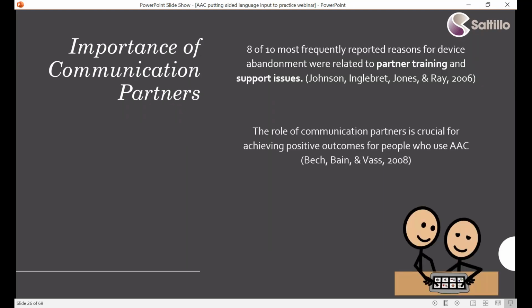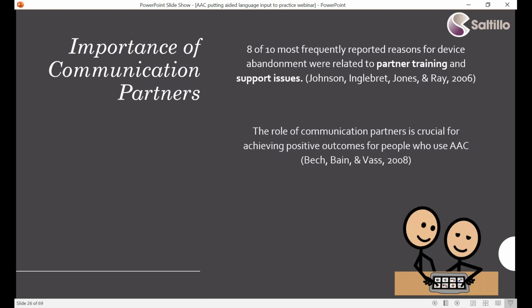And one of the reasons we want to do that is because we know through the research that when a device is abandoned, 8 out of 10 times it's because of a reported lack of training and support. So if people aren't sure how to use a system or how to be a good communication partner, what could end up happening is that device does get abandoned. So that being said, us as communication partners are going to be a vital part of that success